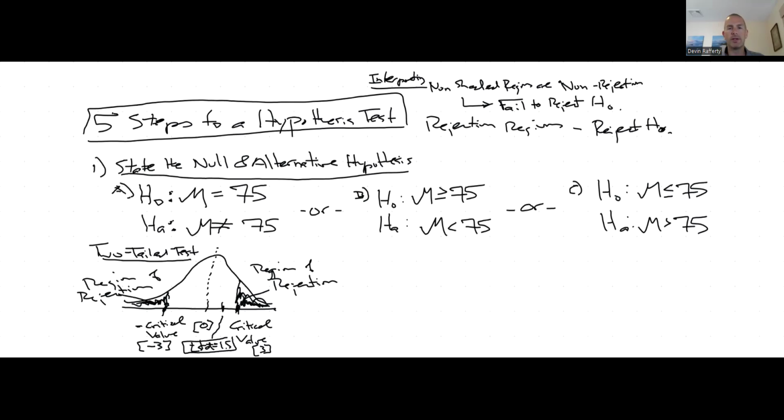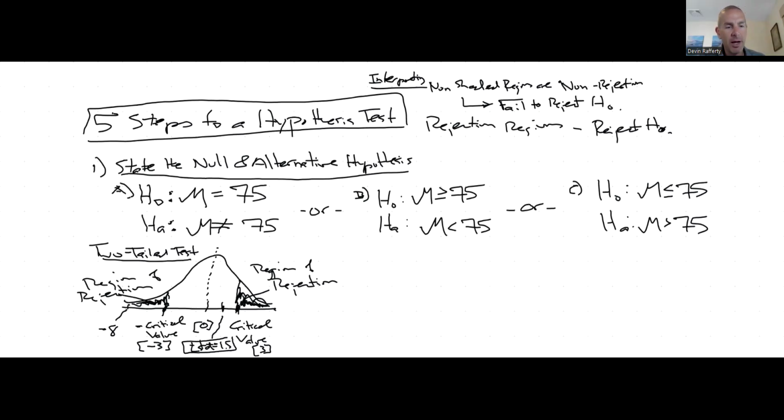Okay. What does that mean for us? Well, let's pretend that I get my critical values and they're -3 and +3. And then I get a test statistic. Let's say my test statistic is -8. Where did that come from? Just pretend. So if I get my test statistic and it's -8,